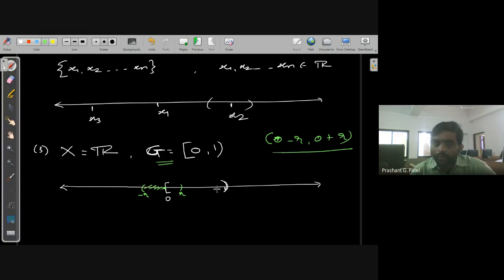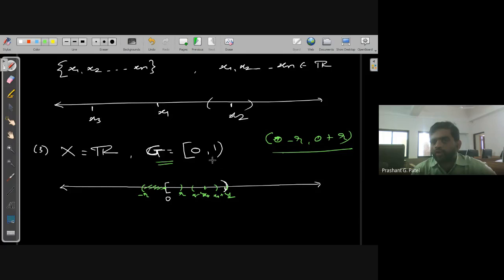For other points it is fine. For example, for any point x0 here, you can find some neighborhood x0 minus R and x0 plus R. Even for point 1 we have the same thing, because 1 is not inside the set.